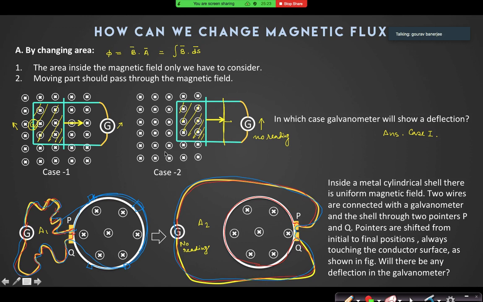স্যার একটা অ্যানালজি হতে পারে কি, ওই লুপটা একটা রাবার ব্যান্ড যেটাকে আমরা স্ট্রেচ করেছি। Yes, you can also say that. It is the same thing, yes. Initially it was like this and finally it is like this. So these 2 points always you have to remember while you are changing the area, right? Very important thing. Sometimes students get confused and they say that yes there is a current in the galvanometer, but this point is very important. If the moving part is inside the magnetic field, you can say that there is a current if area is getting changed.